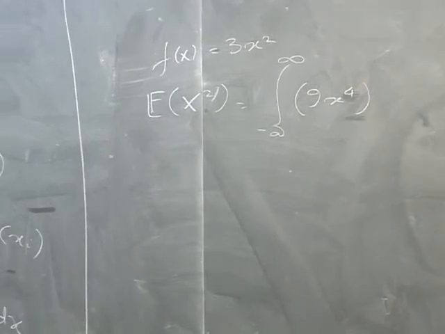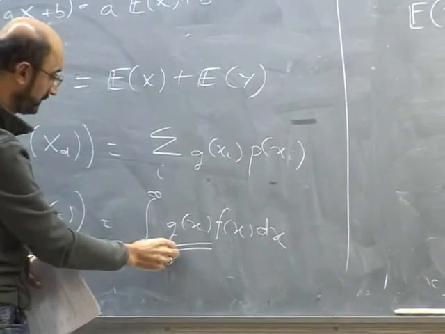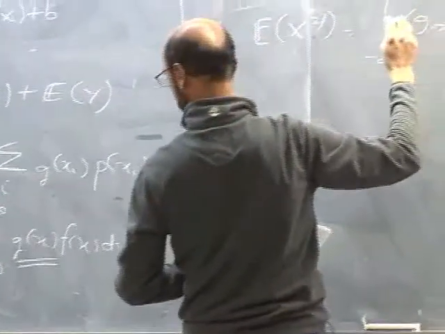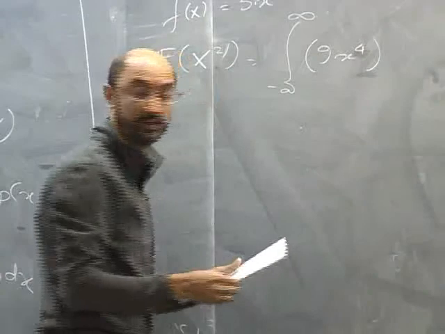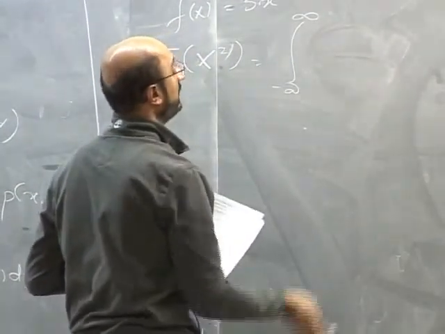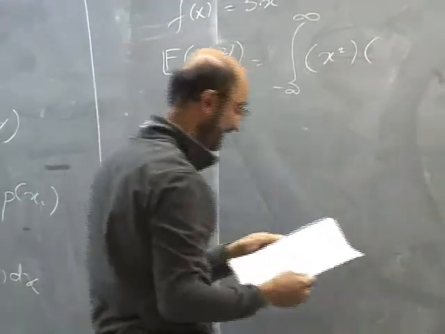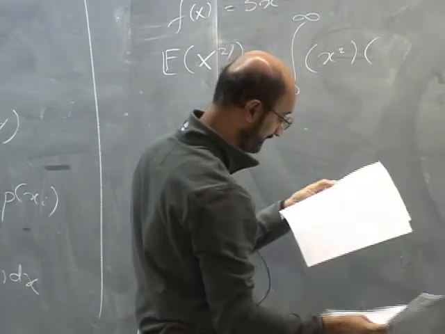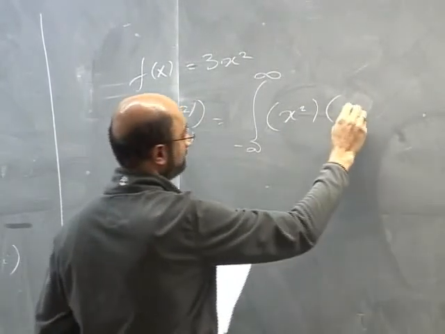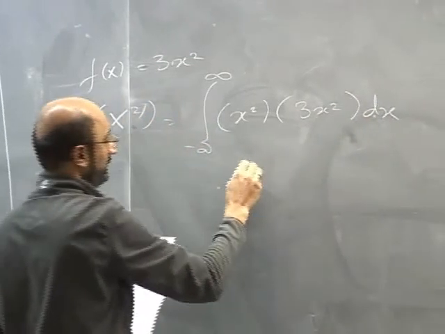Okay, g(x) f(x) dx. So g(x) is the square, and then we're going to multiply that by, what am I doing over here? X squared, yeah, I'm sorry. X squared times, I really should look at my solution here instead of winging it, times the 3x squared dx. So this is g of x